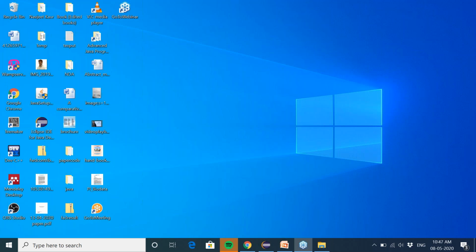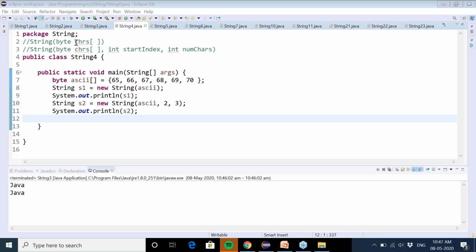So here is the next program, and in this program we are going to discuss the other constructor that is supported by the string class, and that is if you pass a byte type array to the string class, then you can build a string out of that also.